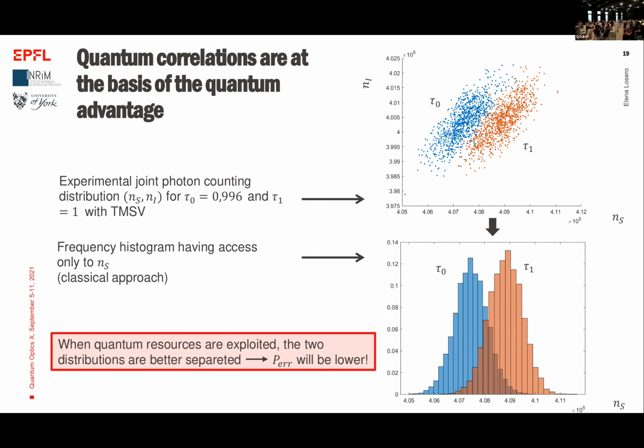And the closer we are to 1, the better is the correlation between signal and idler, and therefore the better will be the quantum advantage. And what's the detection efficiency of your camera? I suppose that's the main source of loss. No, the detection efficiency of the camera was good, at the wavelength we were using, which was 810 nanometer, the detection efficiency was higher than 0.95, something like that.